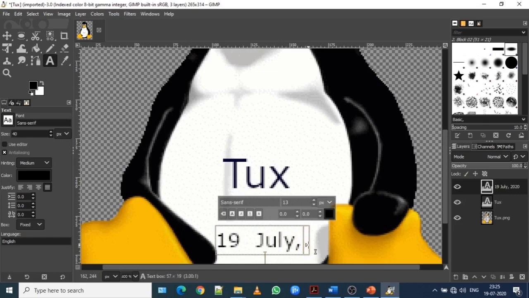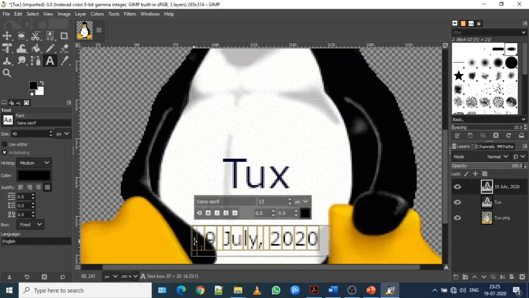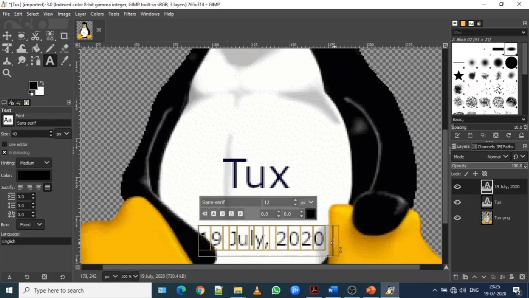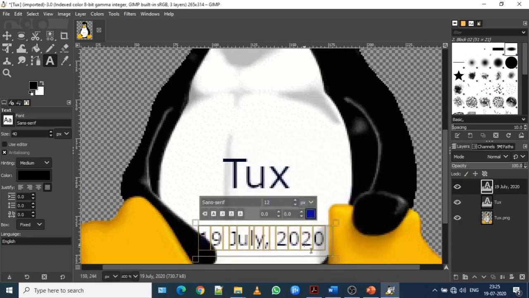So I have to adjust the whole text in one area so that it is visible. So still the text size is big. I have to reduce its font size so that I can place it properly. So from the left hand side I've adjusted the text. Let's say I choose the color of this text to also be blue.